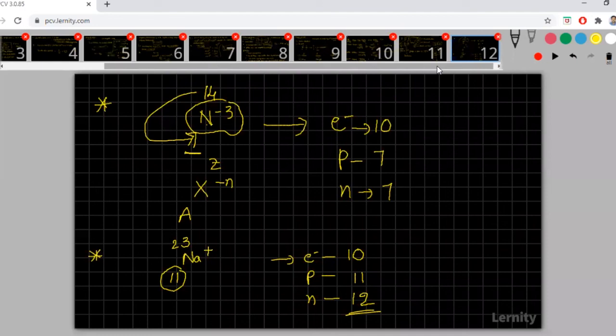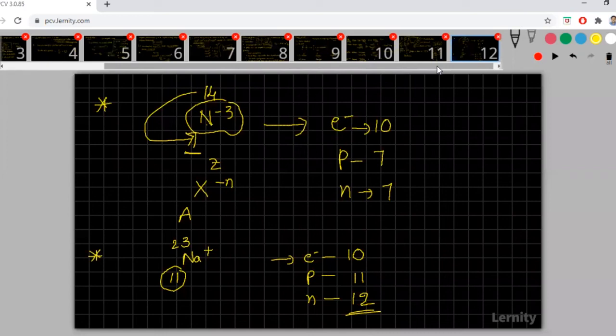There are two methods. One is the oxidation number method, and the other is the ion electron method. In this ion electron method, first you have to divide into an oxidation reaction and a reduction reaction. After that, you have to calculate the change. This change is compulsory, and you have to write that change in the form of electrons on the highest oxidation number side. This is the first point.